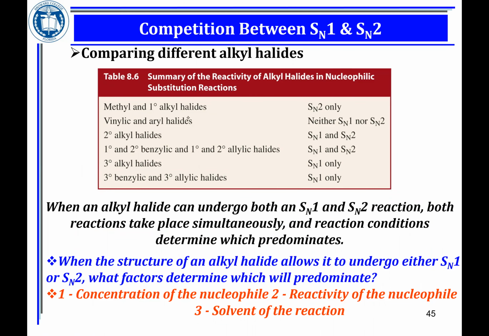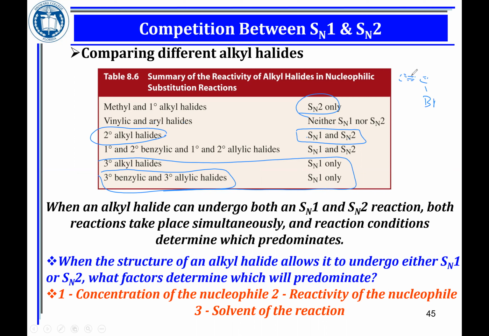So if you have a methyl or primary alkyl halide, they would go through SN2 only. If you have a tertiary, tertiary allylic, or tertiary benzylic, they would all go through SN1 only. But if you have a secondary, it would go SN1 and SN2. Okay, vinylic and arylic halide, that means a compound like this. If you have a Br on the C=C double bond, it is not going to go through